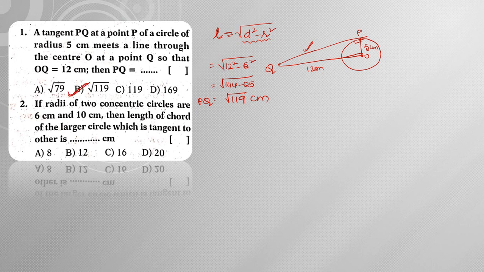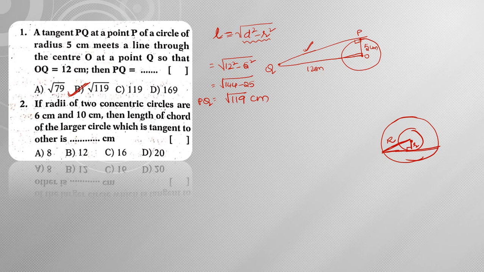Right, next. If the radius of two concentric circles are 6 centimeters and 10 centimeters, then the length of the chord of the larger circle, which is tangent to the smaller circle, is. Now, since he has mentioned concentric circles, concentric circles means two circles which are having different radius but the same center. In this particular situation, the chord of the big circle will act as a tangent to the smaller circle. Here you can observe that this is the radius of the smaller circle and this is the radius of the larger circle, so let it be capital R. Now using this concept,